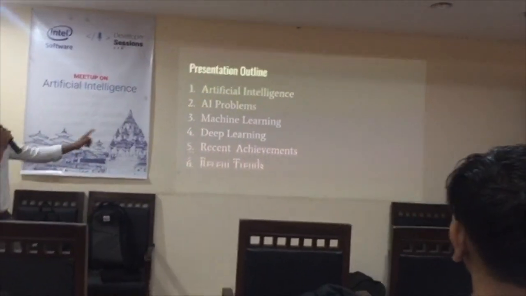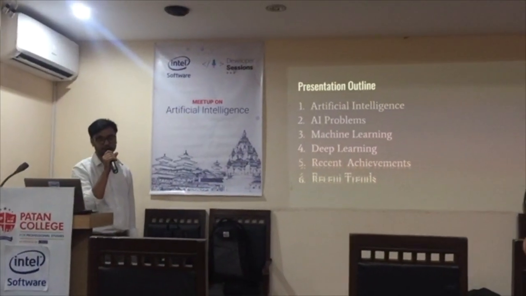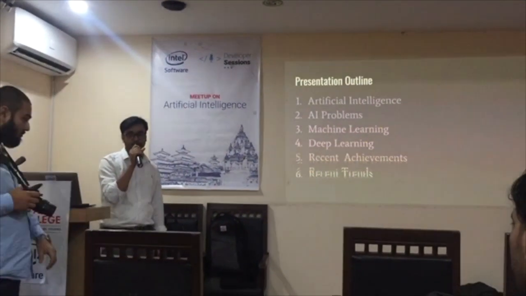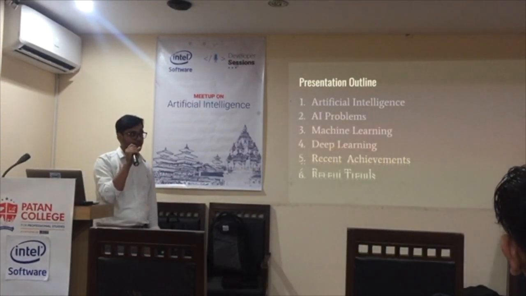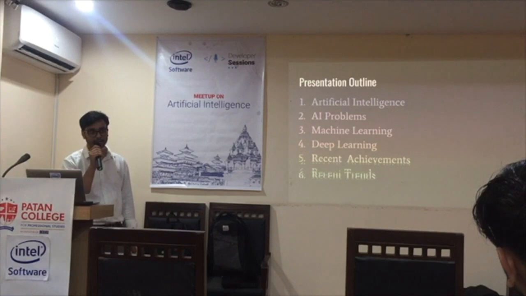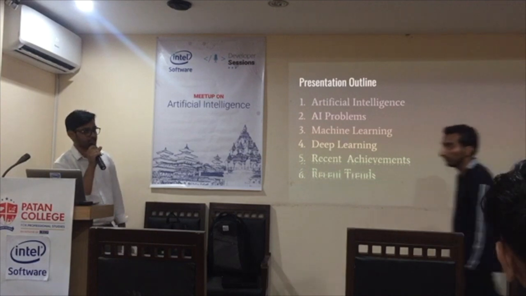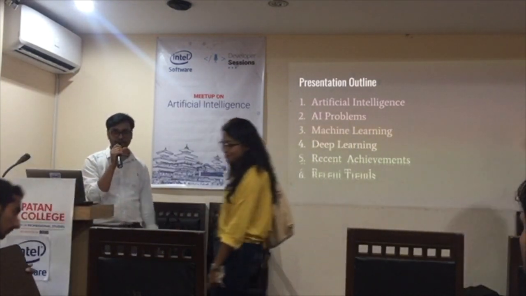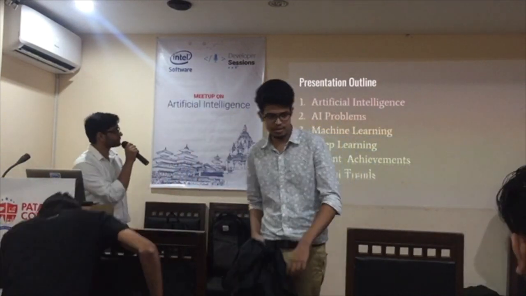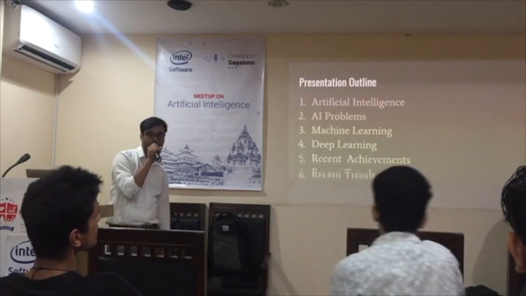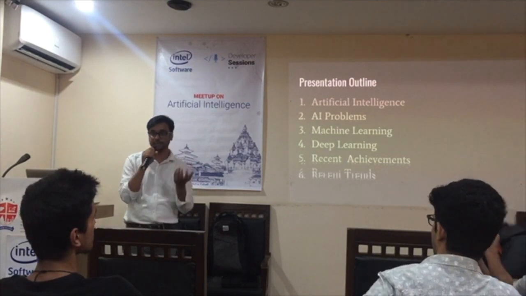So here is the outline of the presentation. Firstly, I will be talking about the basic artificial intelligence concepts, the basic terminologies we use, and what intelligence actually is. I hope most of you already have knowledge about artificial intelligence, and you have gained certain knowledge previously also, because there has already been a very good presentation here. After that, I will be focusing on the AI problems around us. So you will gain certain knowledge about AI.